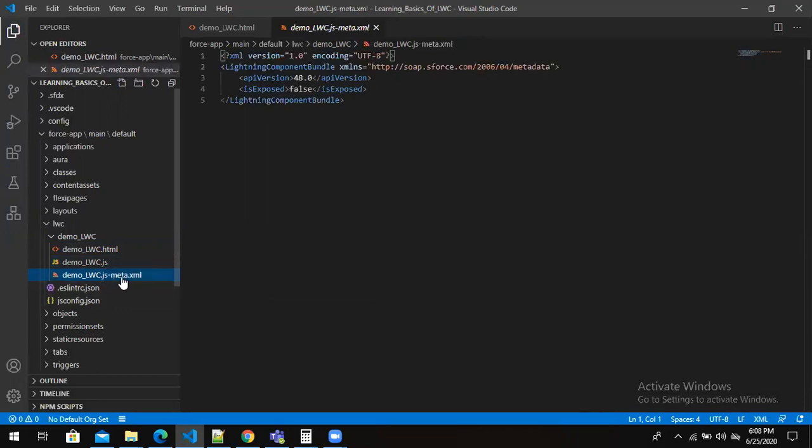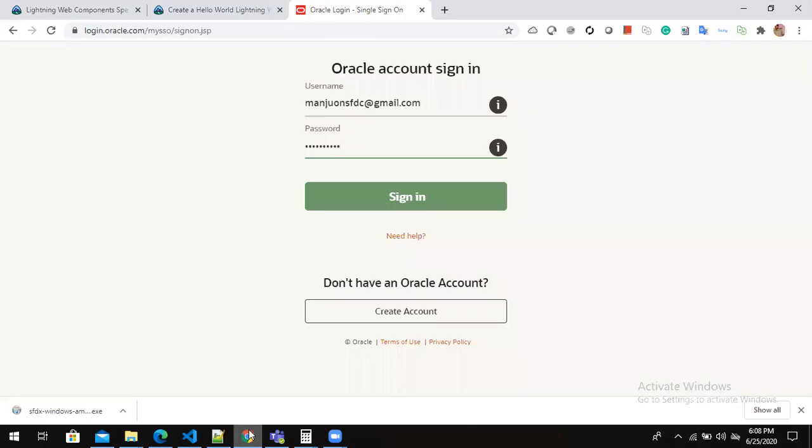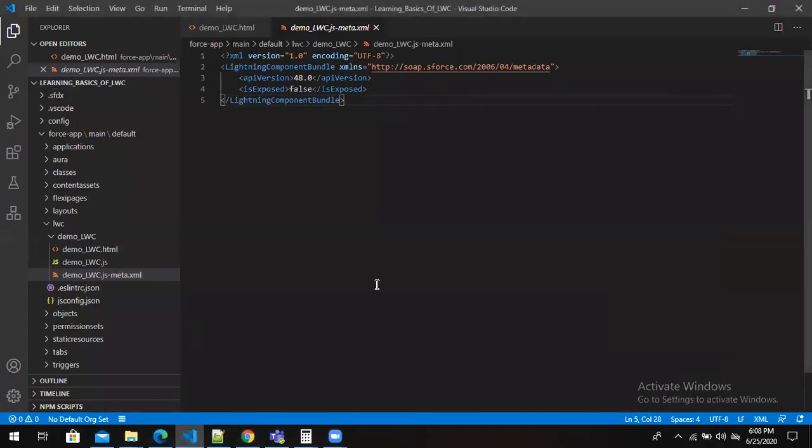And then this meta file will decide on which page this component should be available. Let's say if I'm creating a lightning web component, I can use that component in multiple places. It can be on the record page, home page or app page, and I can also utilize it in a community.